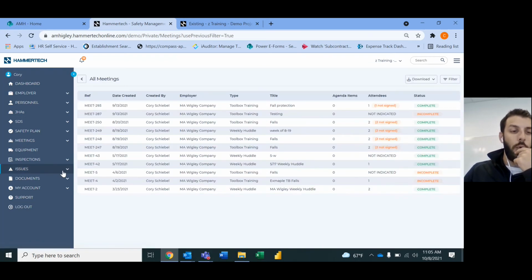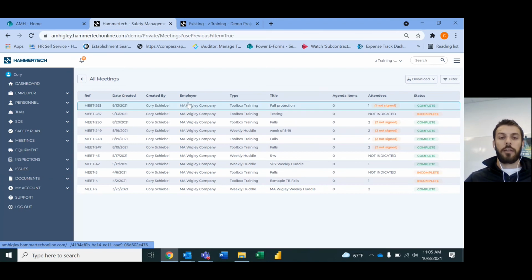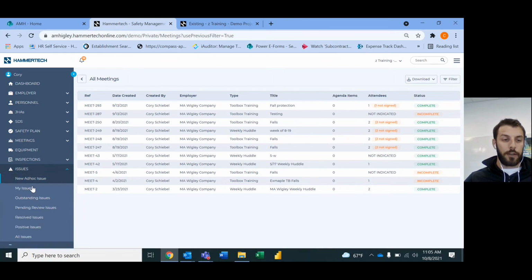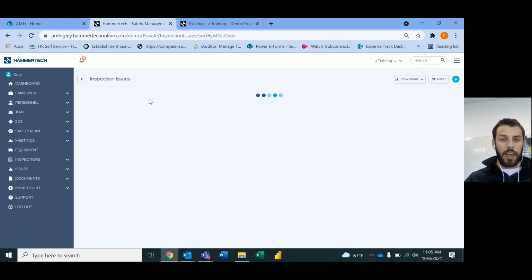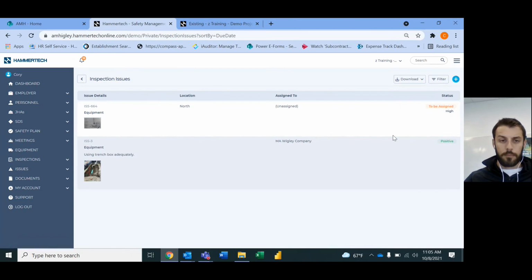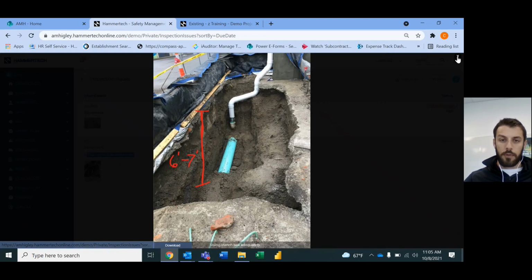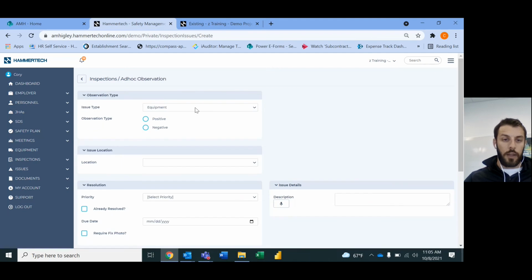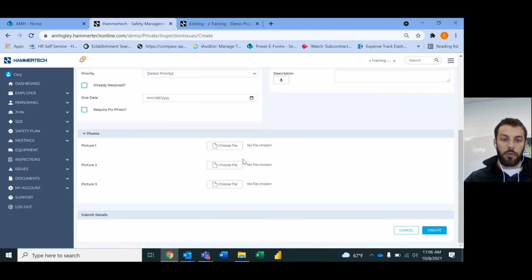So then the last thing that I wanted to show you is issues. So in HammerTech, I, as a safety person, can attach my safety issues to any employer, any subcontractor. And so for this demo, let's see what we have in here. I can attach, say, a positive one saying, hey, using trench box adequately. That's what that looks like. Or if I wanted to add a new issue, I could go in here and click negative,